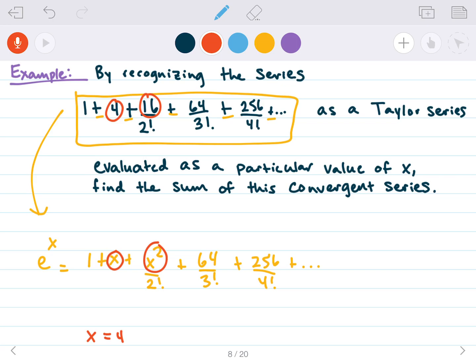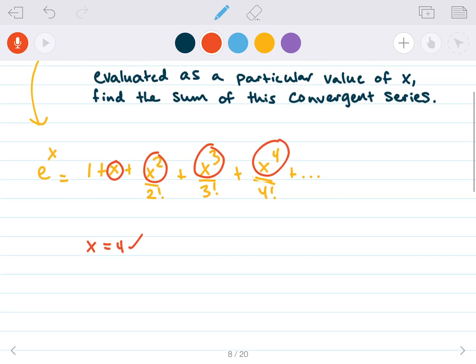Sorry, kind of losing it. Let's see. Yeah, so this is going to be x to the 3. Sorry, guys, technical difficulties here. Is it true that 4 to the 3rd power is 64? Well, yeah, that's true. Is it true that 4 to the 4th power is 256? Yes, that's true. So x is equal to 4, and therefore we have e to the 4th power is equal